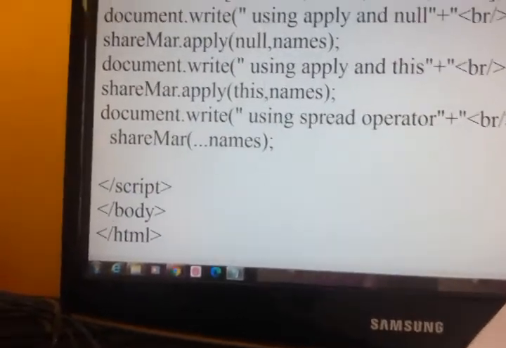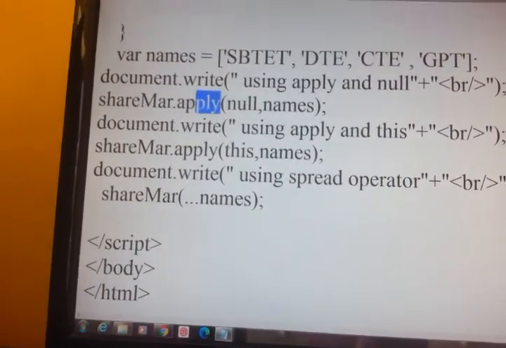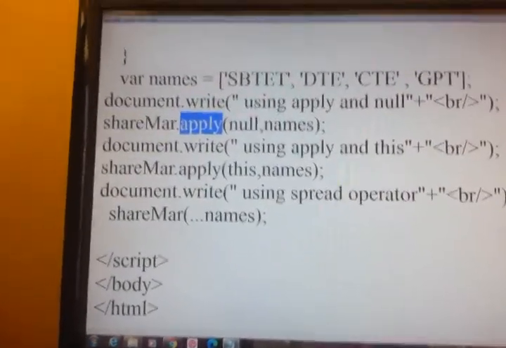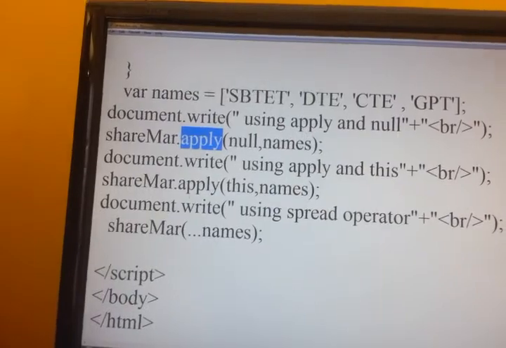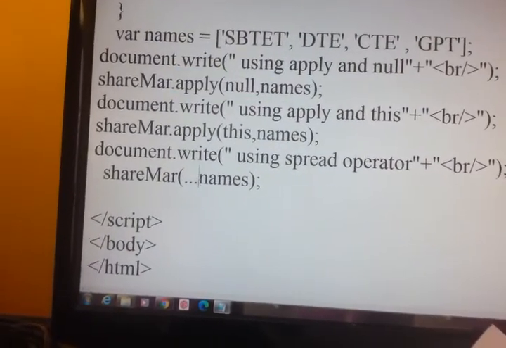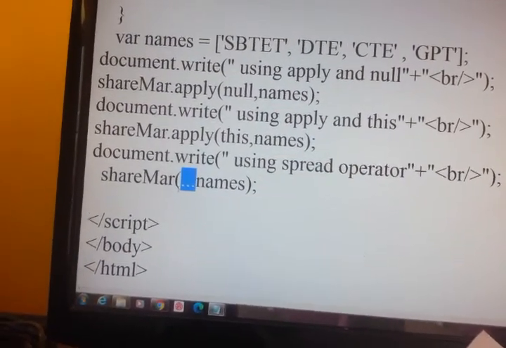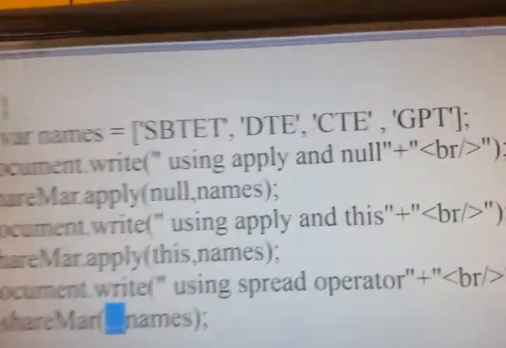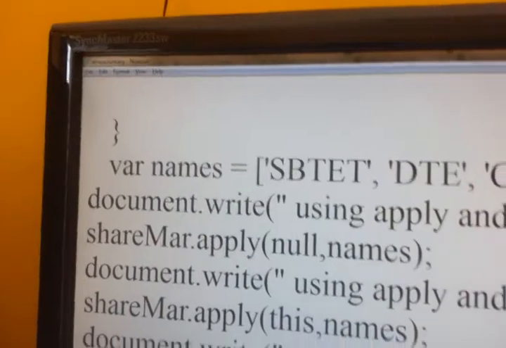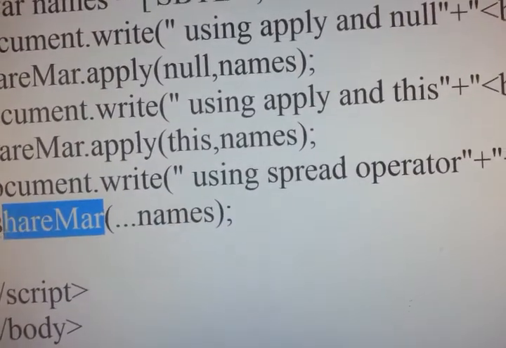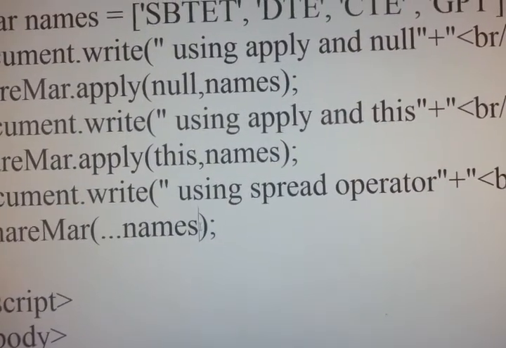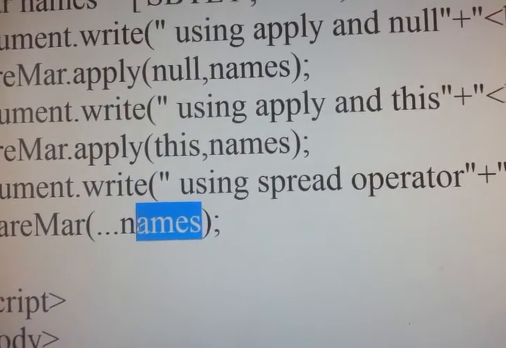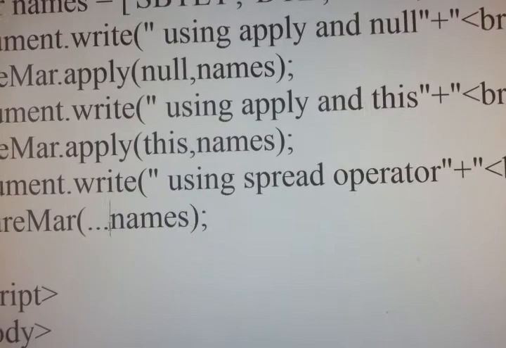So if you don't want to use the apply method, simply use the spread operator, and it will take all the items of the array. So this is the function name and this is the array. So we are passing the array as an argument to the function using the spread operator.